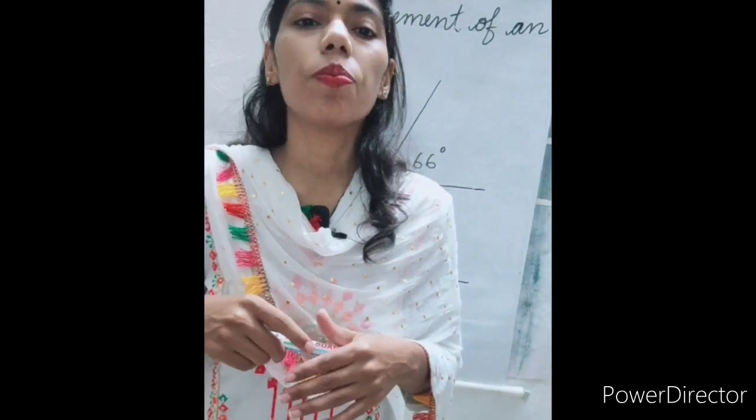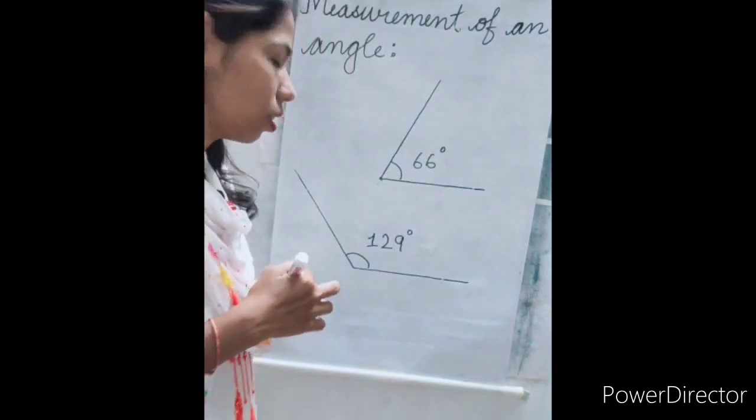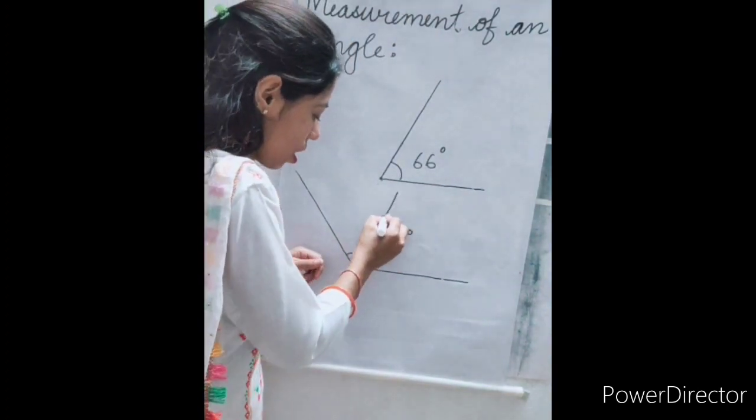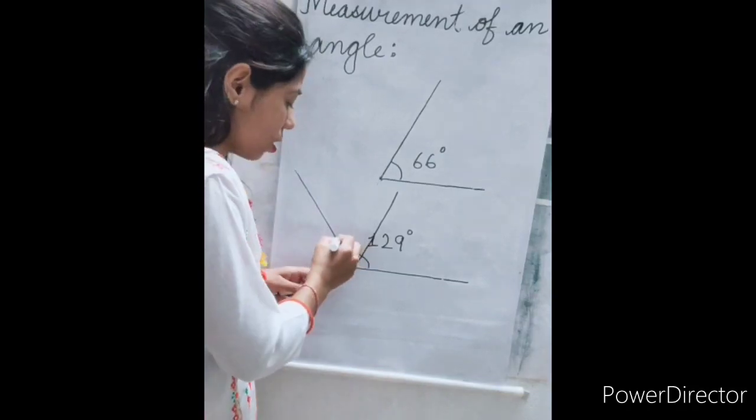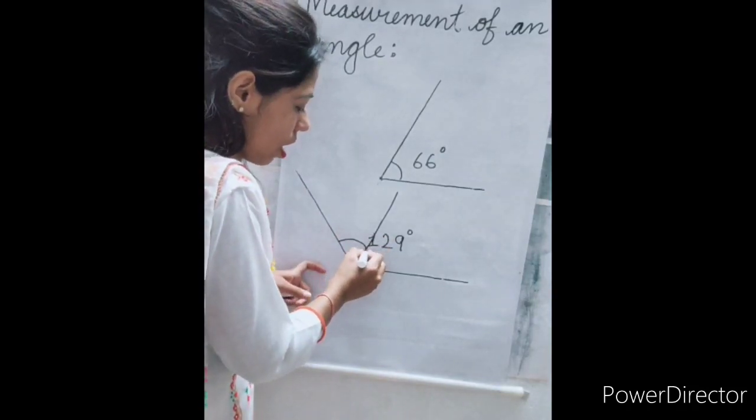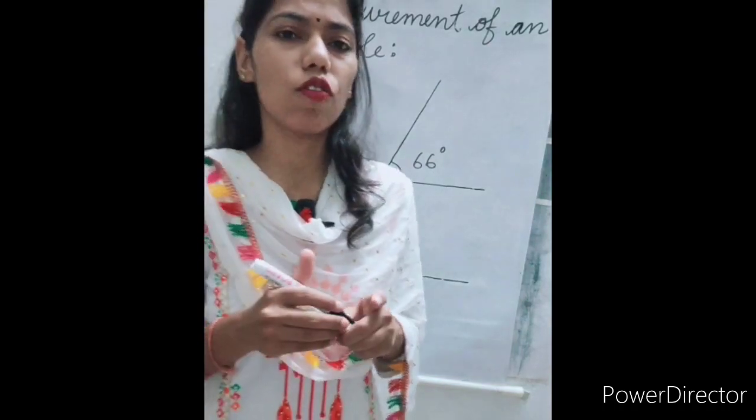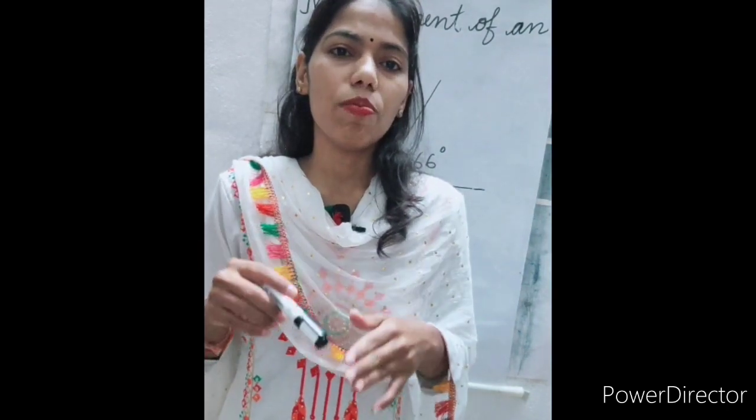Write small there. Then part D, the shape is something like this, and two angles are there, and you have to find out which one is smaller. If you look at the figure, it is clearly visible that angle ABD is smaller than angle DBC. So write small for angle ABD.